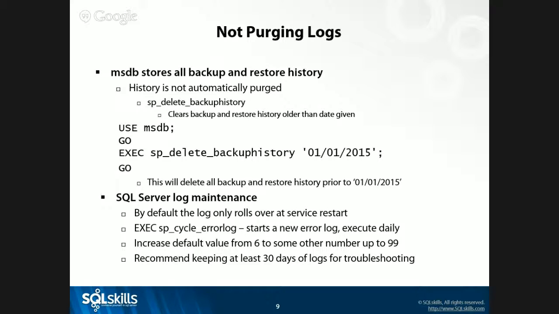Once I got all the backup and restore history under control, MSDB was now back down to about 400 megabytes from 20 plus gigabytes. I created a job where we only needed to keep maybe 30 to 90 days worth of history, because it's not used for restores. It's really there for audit purposes, for being able to go back and prove that we were backing up the database, or running reports to see which database hasn't backed up recently. It's good for those kinds of things.